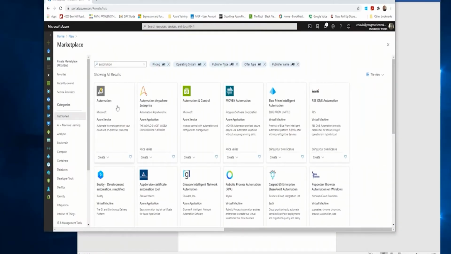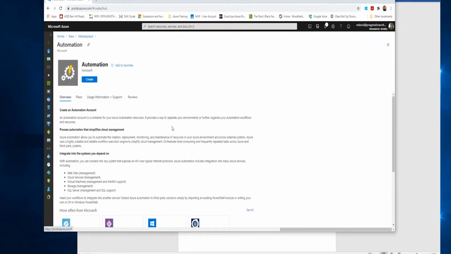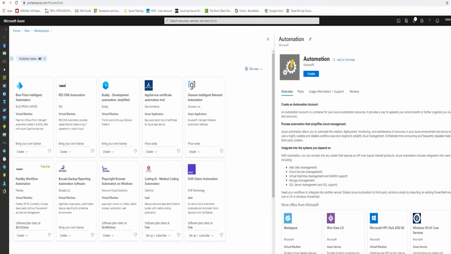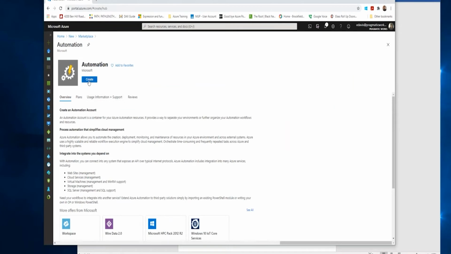All right, that's a little slow. We'll blame that on Azure. There you go. All right, so the window refresh there, you're able to see automation pops up in the marketplace. So what you can do is go ahead and click on automation, and then when automation pops up, it gives you an opportunity to set up an automation service per se in your Azure environment. So with that automation service, we'll go ahead and just say create,